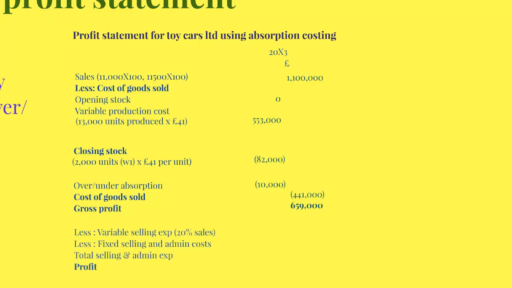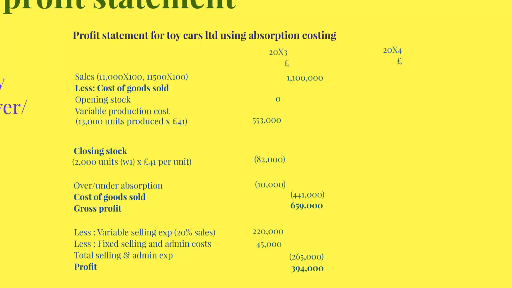Now next we need to apply our variable expenses, and again for variable selling expenses it's 20% of 1.1 million, which again comes to 220,000. However, we do not absorb our fixed production costs this time, just the fixed selling and admin costs, giving us total selling and admin expenditure of 265,000 and giving us a net profit of